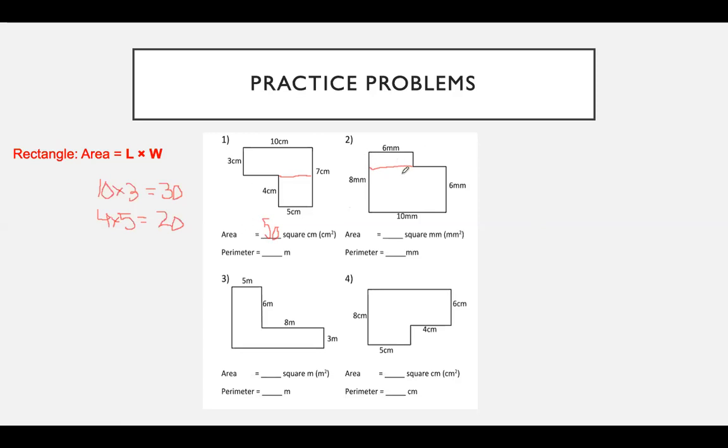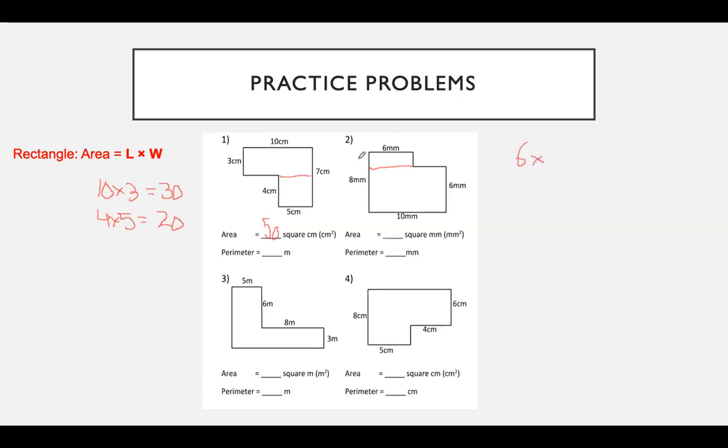So once again, we can divide this shape into 2 different rectangles. So we have a rectangle right here and a rectangle right here. To find the area of this rectangle, we know the length or the width is whatever you want to call it. I would call this the width, but I know earlier it said that this side was the width, or this was the length. But essentially, however wide the shape is, that is the side that the length is. So for here, it's 6. You do 6 times,